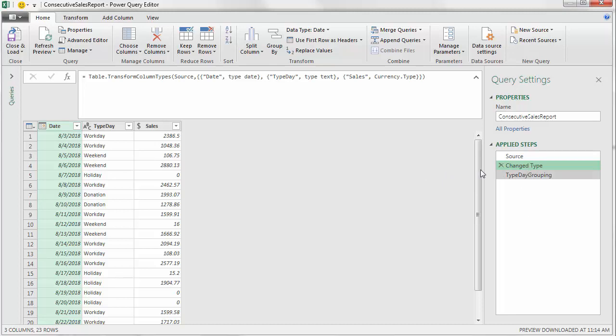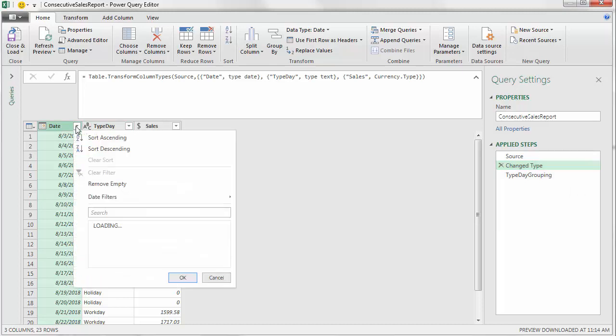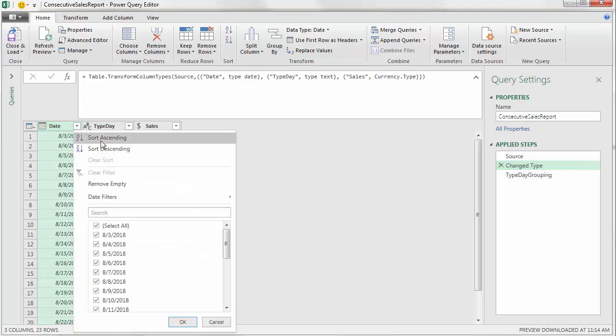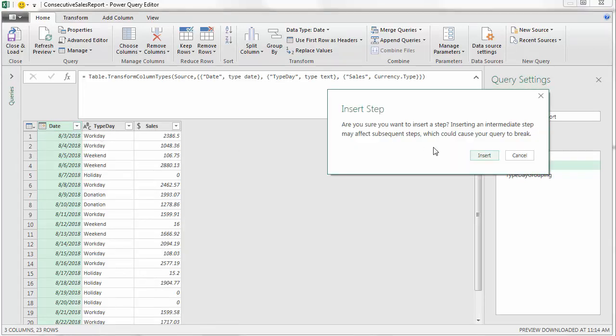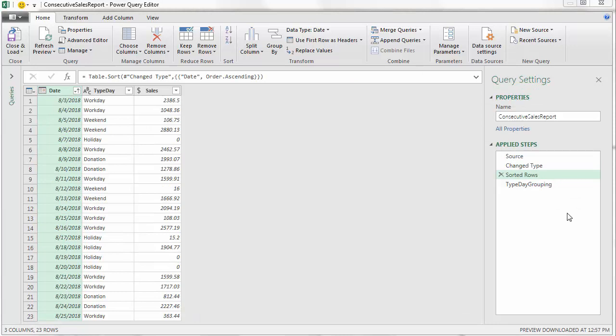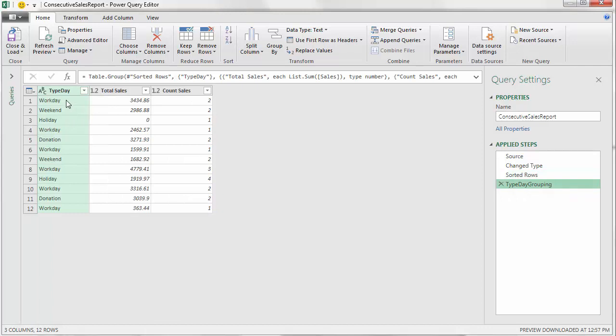So Changed Type is selected. Now I come over to date and use the filter drop-down. Sort A to Z. Now it's polite. It asks us if we want to insert a step. I do. Insert a step. And there it is. We can look up to the formula bar, and sure enough, Table.Sort sorted the date column. So now no matter how we sort it in the external data source, we have a step here that will assure when we go to the next step and do our grouping, it will group them together in the correct